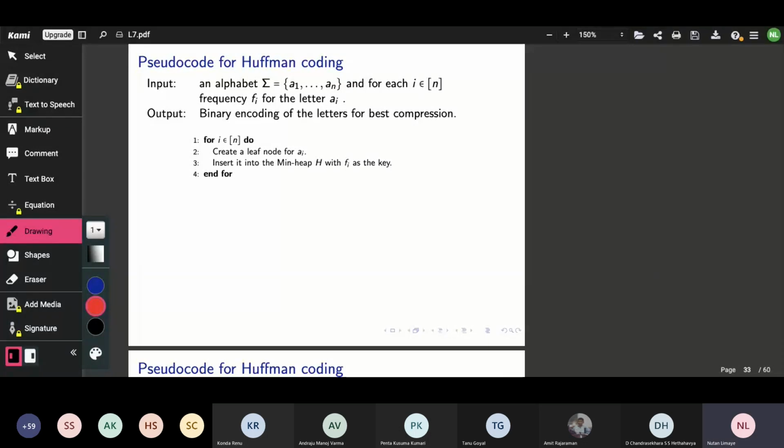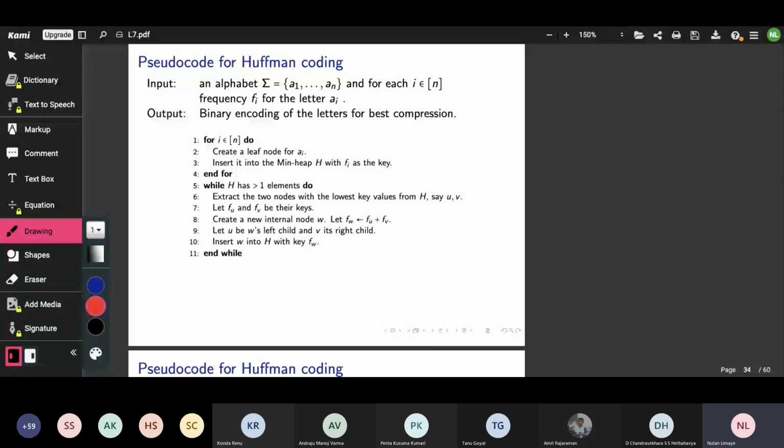So what we do is we create a leaf node a_i. We insert it into a min heap with frequency f_i as the key. Now, while the heap contains at least one element, you can think of this heap as maintaining the currently available letters in the alphabet.